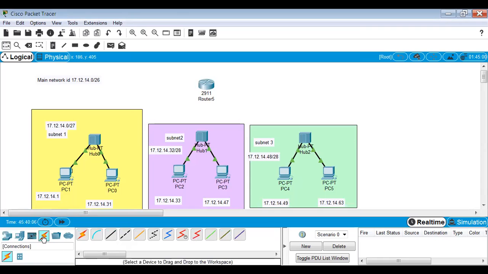First, we'll connect it with the links. See, we have to connect hub to a router. So directly with PC, we cannot connect. So make sure you're connecting a hub and a router or a switch to a router. Now it is red color. So this indicates that the IP address has not been set. Now for this part, we need to set an IP address for this link, and this link.